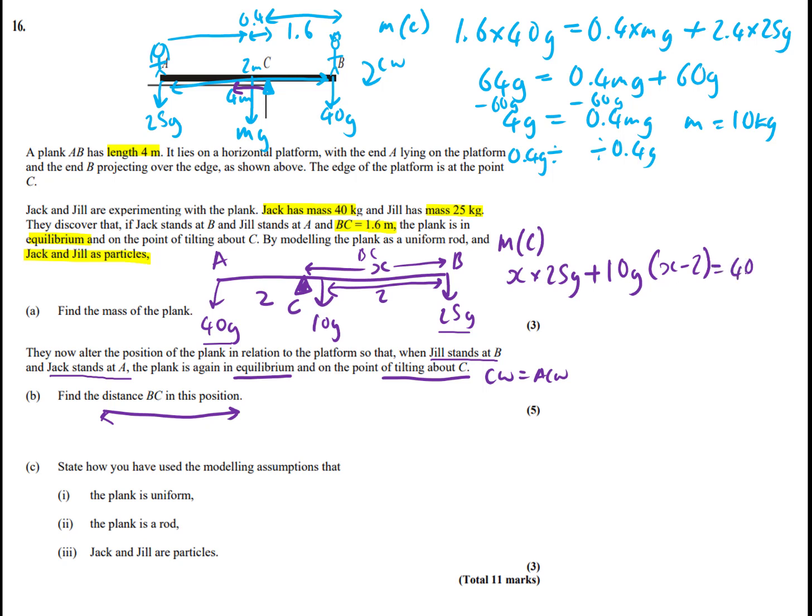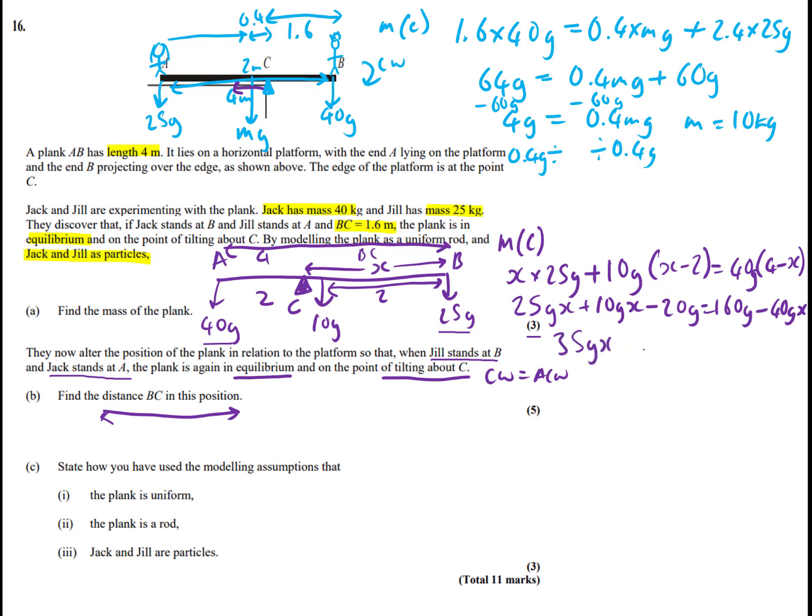40. Now you have to get this bit right. What's the whole length of this whole thing? Remember, it is 4. So that distance has to be 4 minus X. So we get 25GX plus 10GX minus 20G equals 160G minus 40GX. Let's combine the GX's, so we get